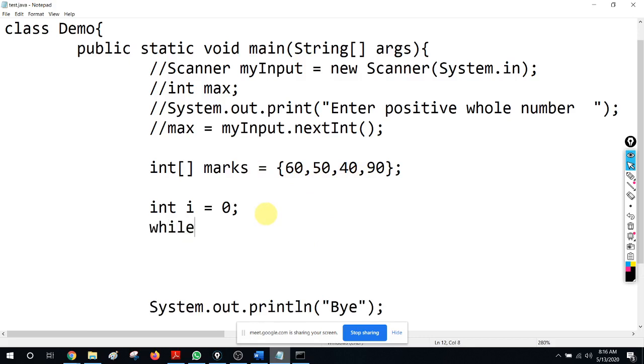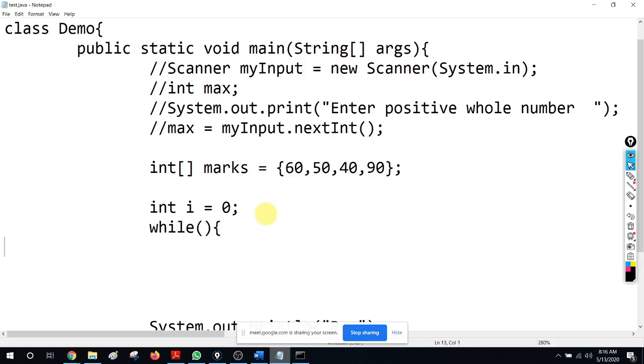While, remember when I write code I always write the control structure. While i is less than or equal to 3, because I want to move from index 0, 1, 2, 3, right. So I will say then